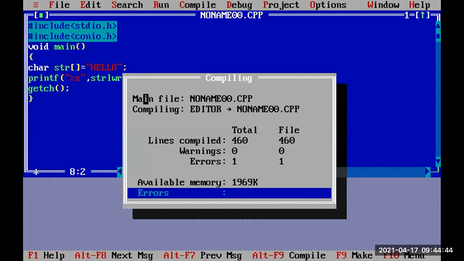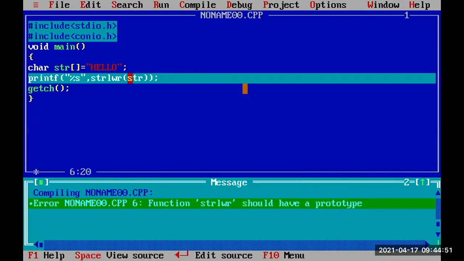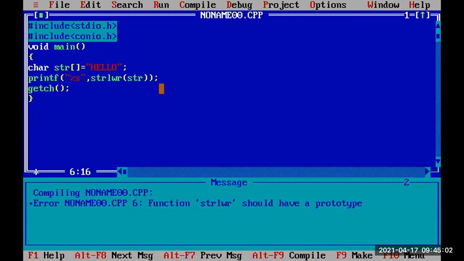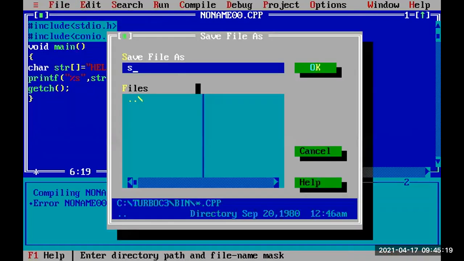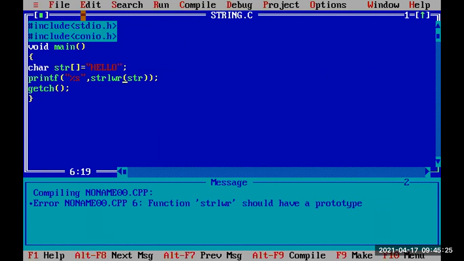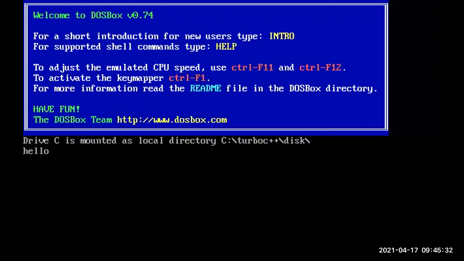Alt F9, Control F9. Here the function should have a prototype. Okay, I'm adding a space here.